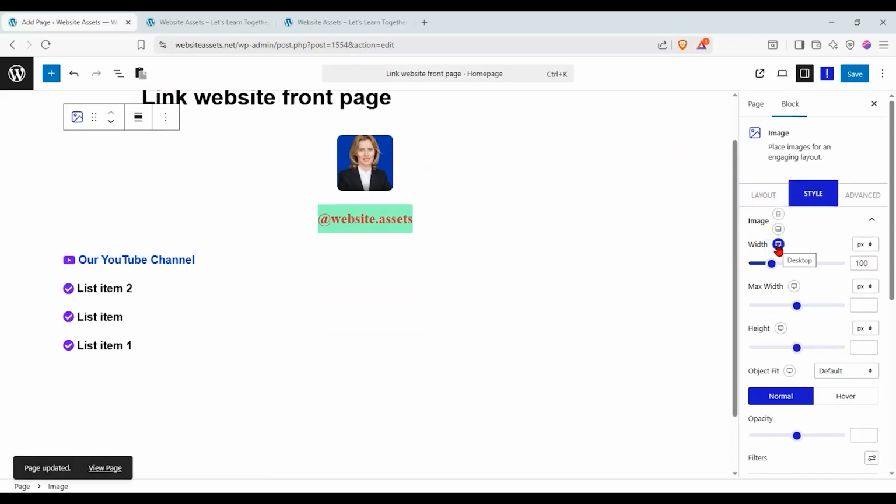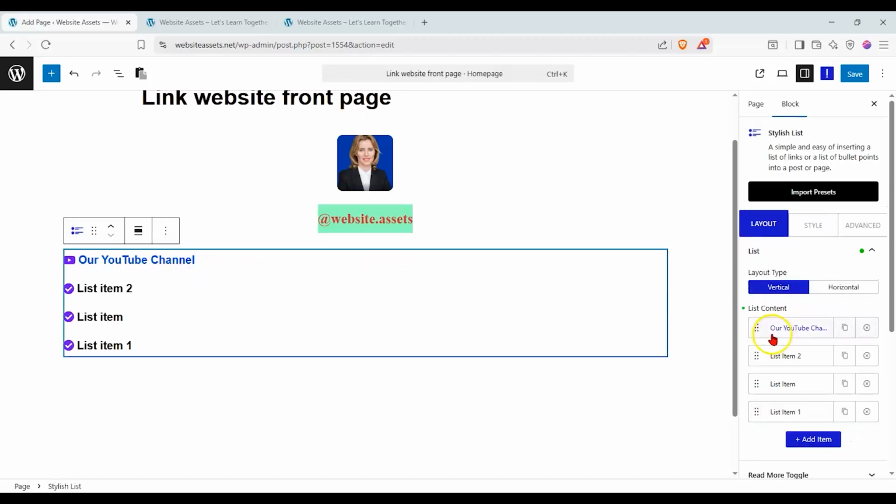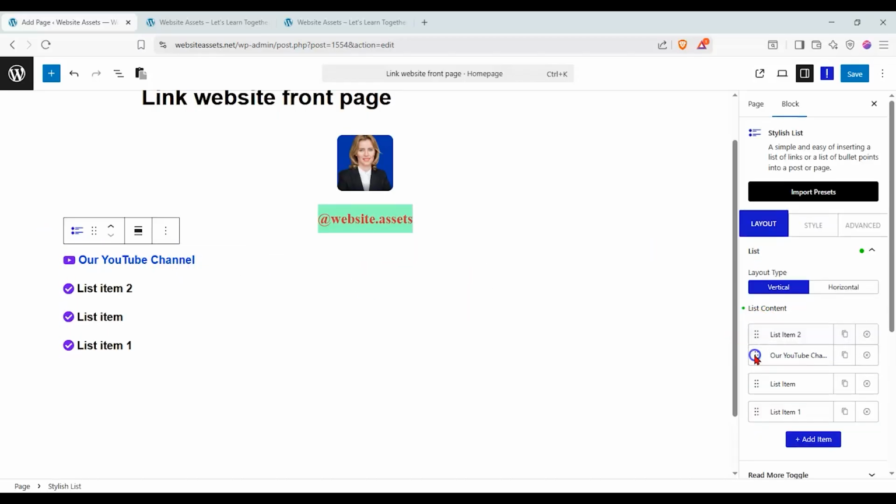These are called responsive options, and you can customize how these things look depending on the device you are using to make it a much prettier user experience for your users. So that's total control. Okay, so let's say we want to move our YouTube channel down here,